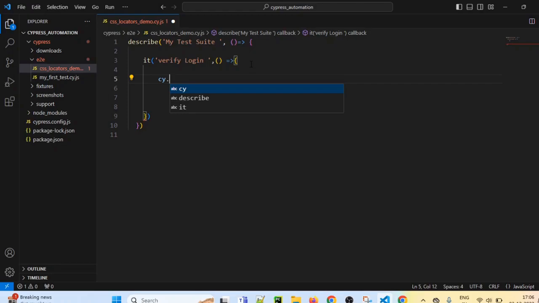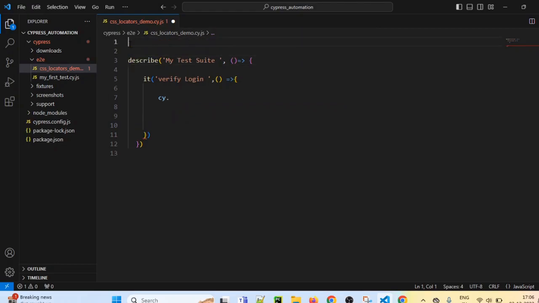So for that, what we have to do is add one line in our spec file. On top of our spec file, we have to write this line, that is three slashes, and after that we have to provide one line like this.